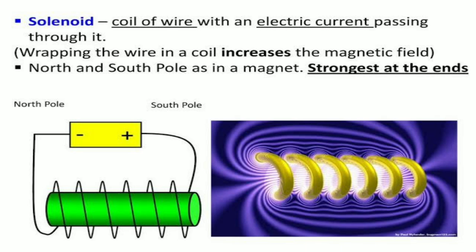A conductor wire of copper wound around a cylindrical frame, and it is connected to the battery. So one side south pole will generate, the other side north pole will generate. That we already learned in the 10th standard. It depends upon the clockwise and anti-clockwise current flow. And this is called a solenoid, or I can say temporary magnet or electromagnet, okay. And its strength is maximum at its ends.